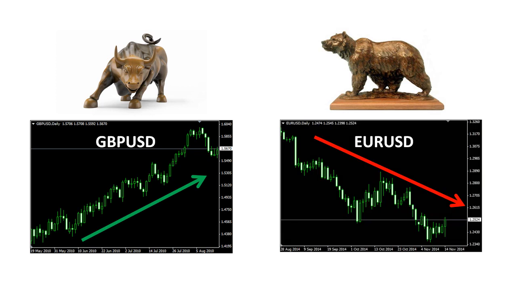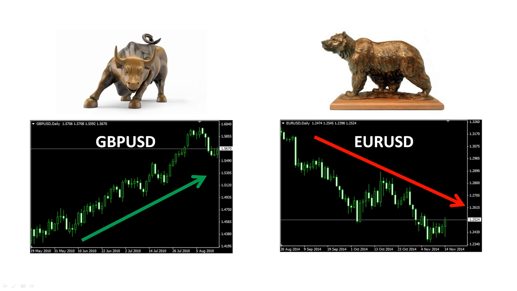Bears are people who invest in the decline of a currency pair, and this is an example of the euro US dollar in a downward trend. Here the bears would profit from selling this currency pair. The terms bulls and bears have a historical background, and they were first introduced a long time ago in the stock market. The choice of animals has quite a lot to do with the way they attack. A bull would fling up its opponent into the air, and that is similar to how currency pairs move upwards. A bear would generally attack by using its paws to drag somebody down, and that's similar to how currency pairs